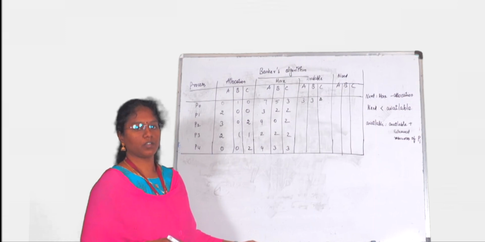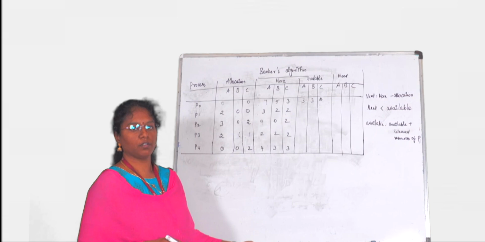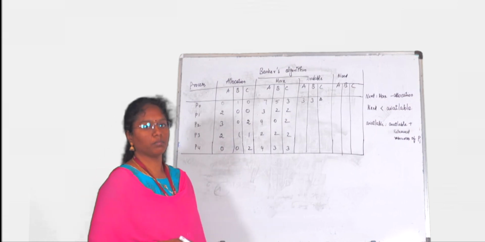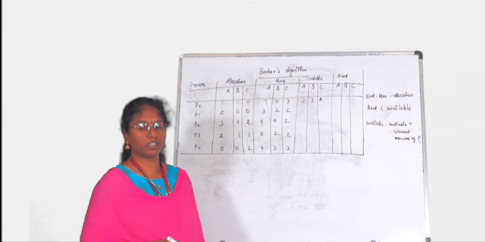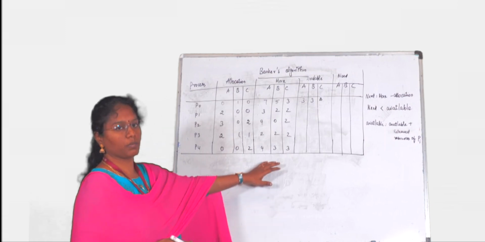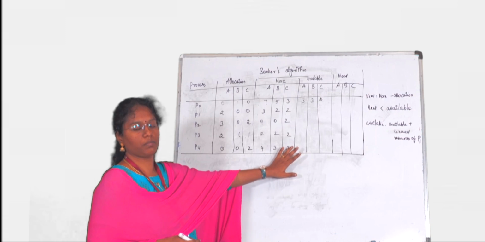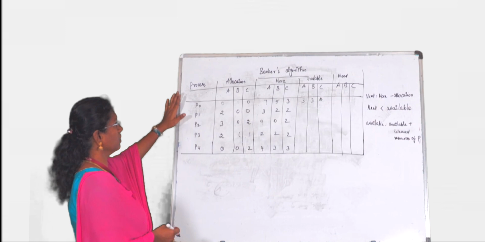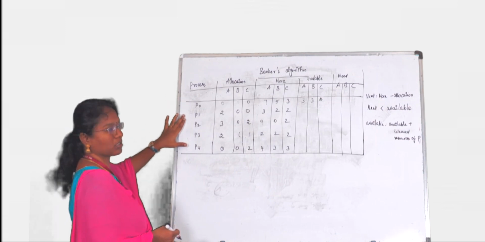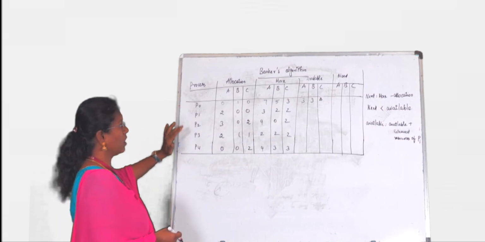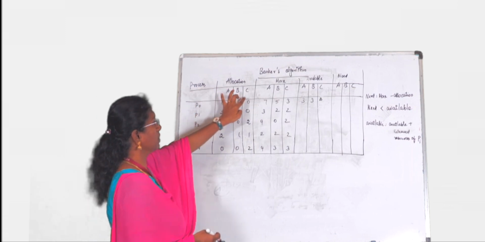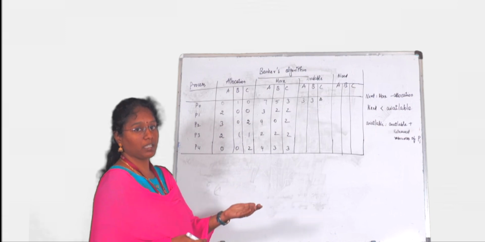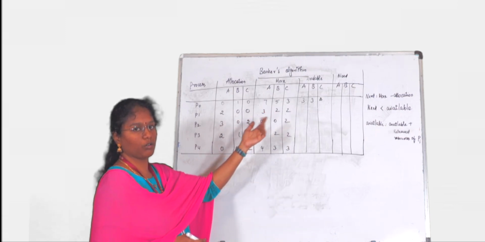In the last session, we saw the resource allocation graph, which is used when we have one instance of a resource. Here we use Banker's algorithm when we have multiple instances of resources. So let us explain this Banker's algorithm with a small example and how you can work it out for this problem. Here there are five processes, 0, 1, 2, 3, 4, and each process has three resource types, A, B and C. So we have multiple instances, so automatically we are going to use Banker's algorithm here.